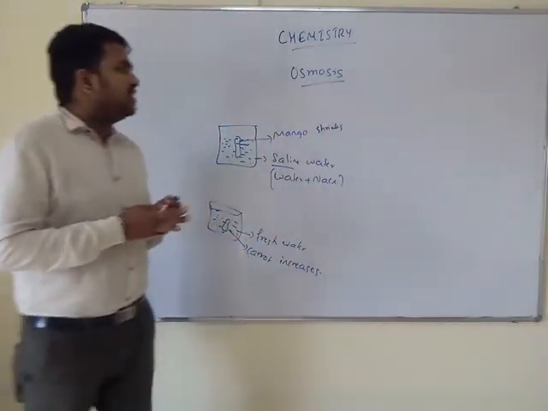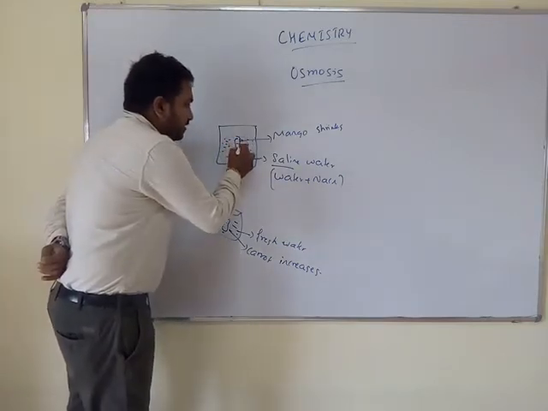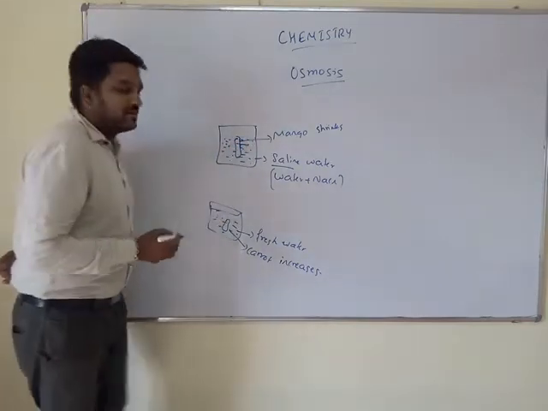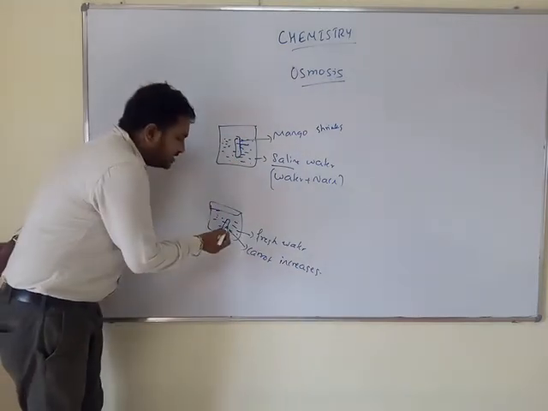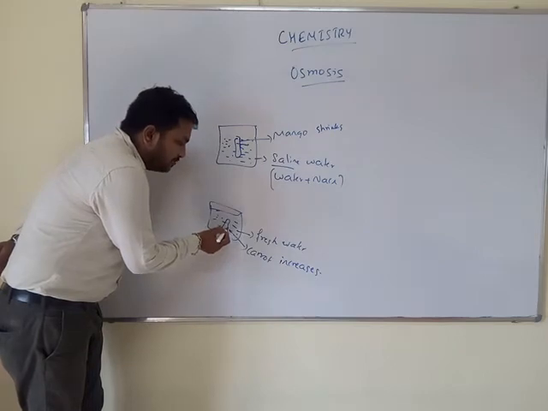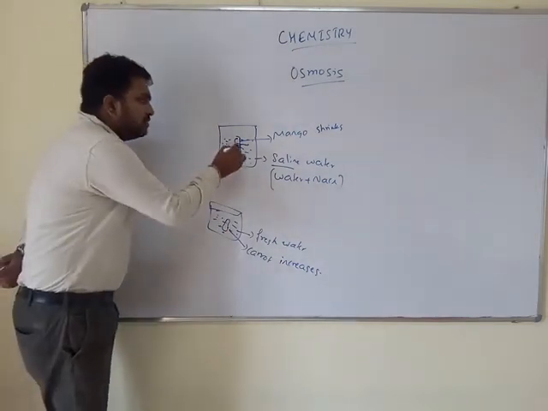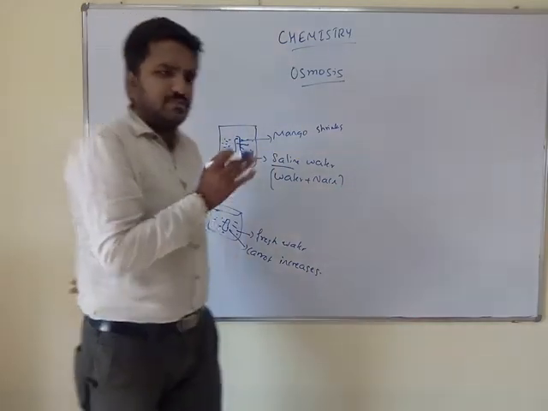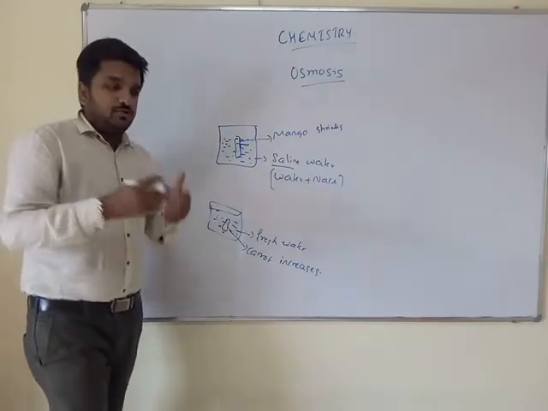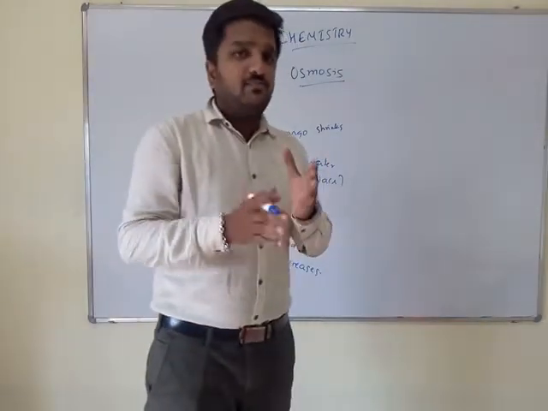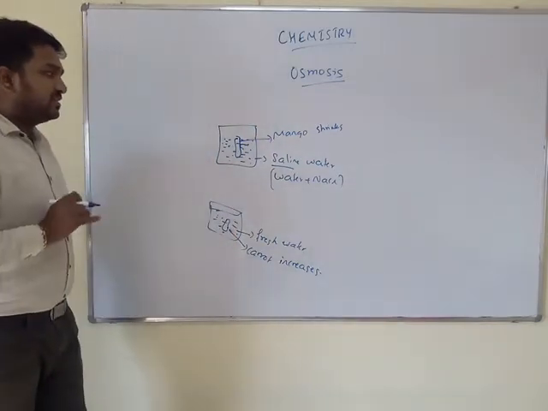If you carefully observe these two things, it depends on the membrane. This surface is common for both the mango and the water. In this case, this surface is common for both the carrot and the fresh water. So through this membrane, something is passing in order to make the mango shrink or the carrot increase in size. Something should happen along this membrane. That we shall discuss now.